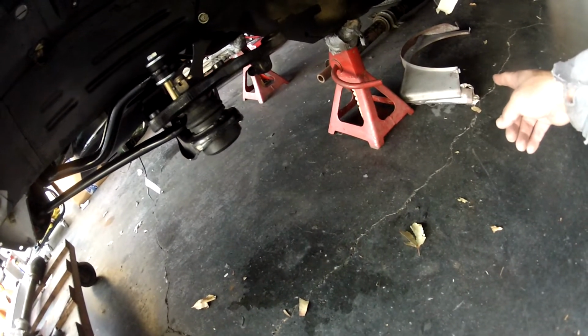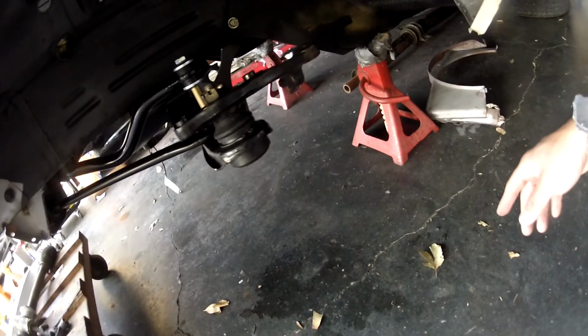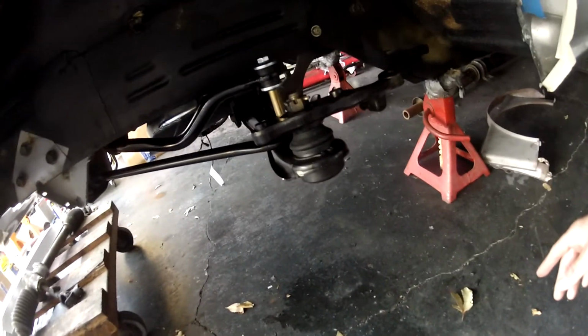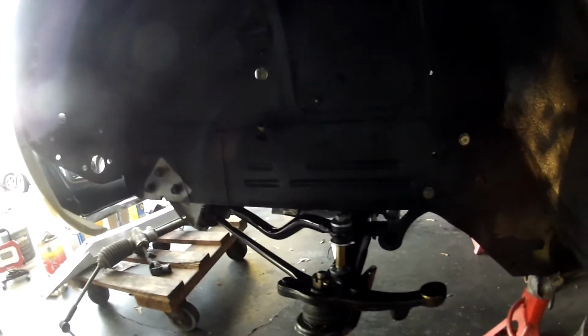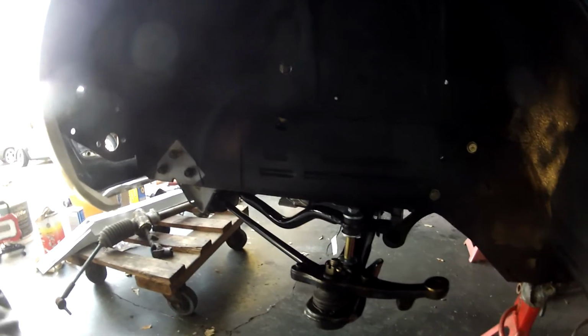There's the radiator shroud. It's been sandblasted. I'm going to sand where the rust is, primer it, and then spray it black, the original gloss black. But yeah, trying to get it moving along. As you can see, this is where the original tow hooks go. Anyways, yeah, that's where I'm at,